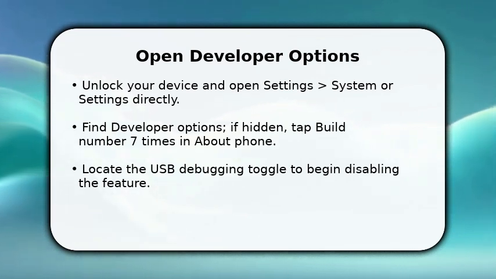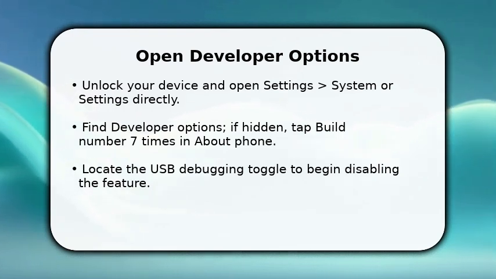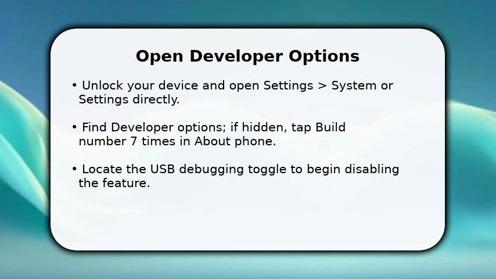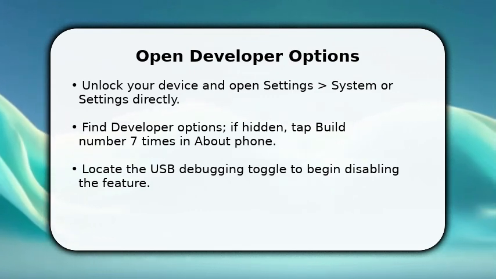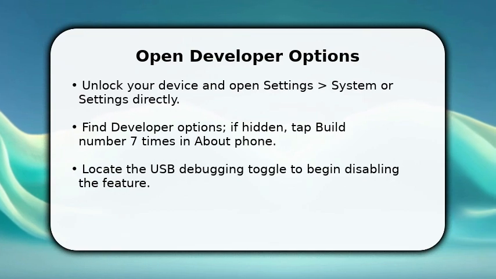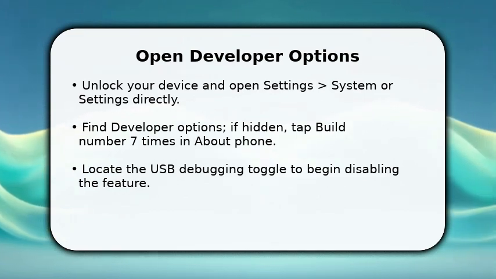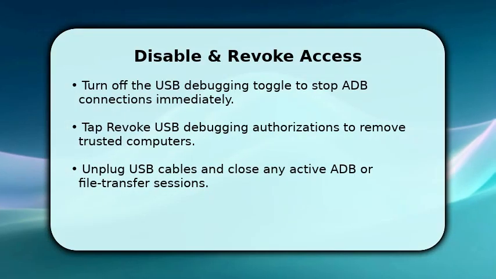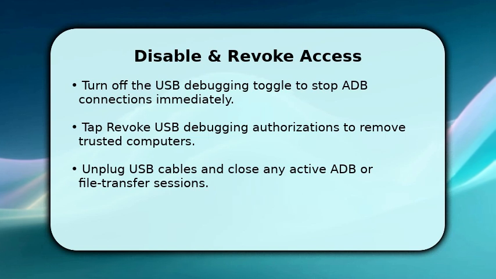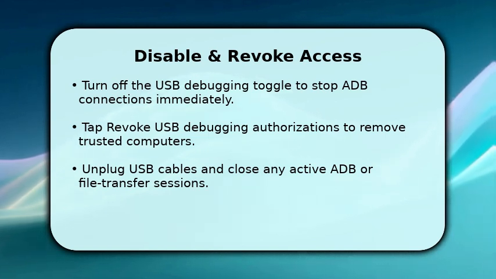This closes the ADB access point that apps or computers use. You do this to reduce attack surface and prevent unattended access. Make sure your device is unlocked so prompts will display, and keep a note of any active ADB connections before changing the toggle. Once you switch off USB debugging, immediately select Revoke USB debugging authorizations to clear stored computer RSA